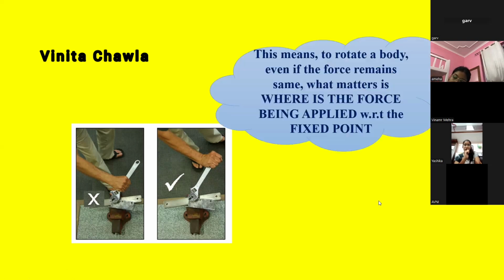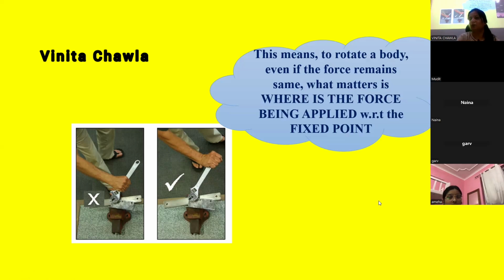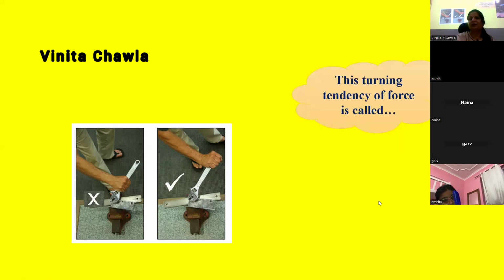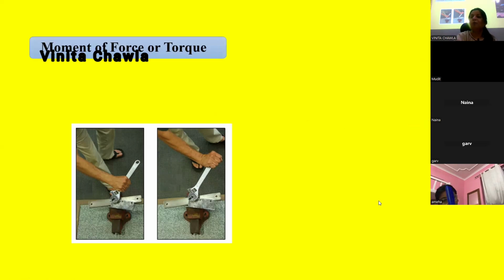This means to rotate a body, even if the force remains the same, what matters is where the force is being applied with respect to a fixed point. ठीक है, क्या मैटर करता है कि हम किस डायरेक्शन में फोर्स को अप्लाई कर रहे हैं, विद रिस्पेक्ट टू द फिक्स पॉइंट, ये मैटर करता है, राइट। सो दिस टर्निंग टेंडेंसी ऑफ फोर्स इज कॉल्ड मूवमेंट ऑफ फोर्स और टॉर्क।